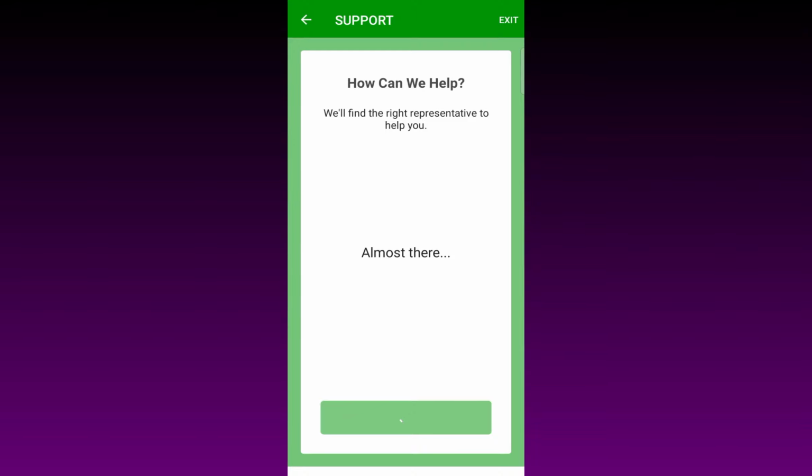If you need immediate help from an agent of Instacart, then you just need to click on it, and from here you just need to select one of these. Here is my order, my Instacart Plus membership, my account, and many more options available in this section. You just need to scroll a little bit down from here, and select other. After selecting it, click next,